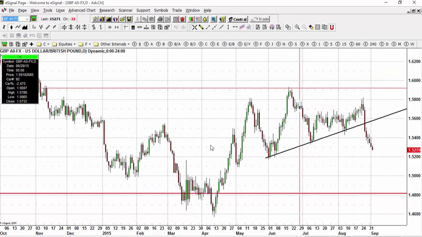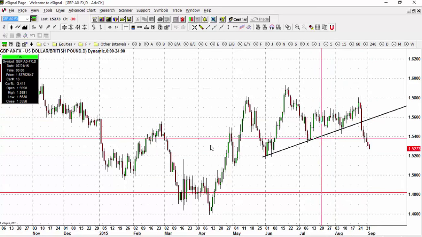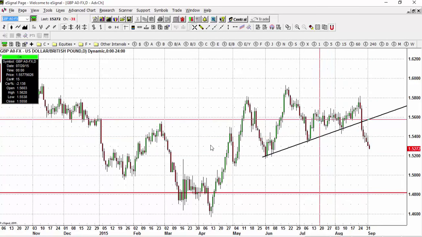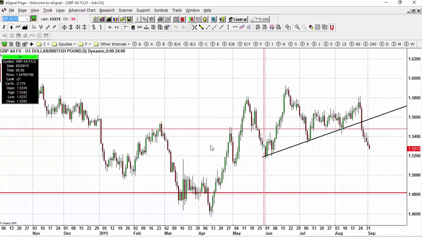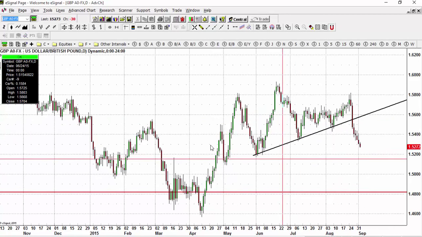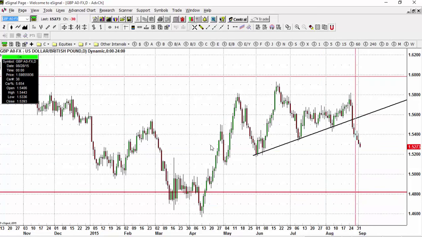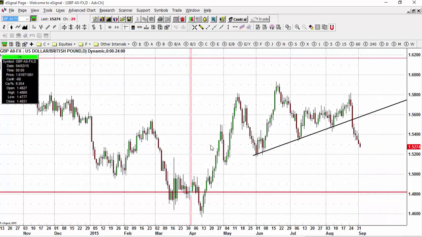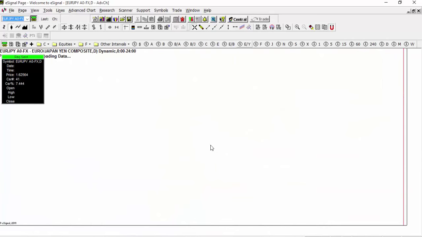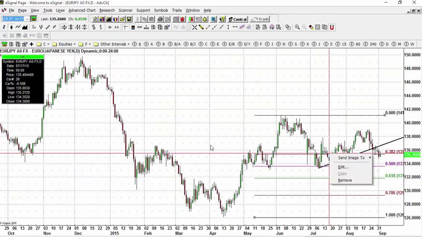Okay, so this market is definitely looking, once it broke these support levels, it starts to look very bearish. If we do close below 151.71, that would be very bearish, and we could see a return to 148 or even 146 for the British pound versus USD. Looking at the euro versus the Japanese yen, the euro did not sell off against the Japanese yen